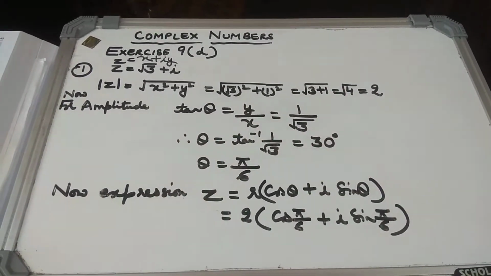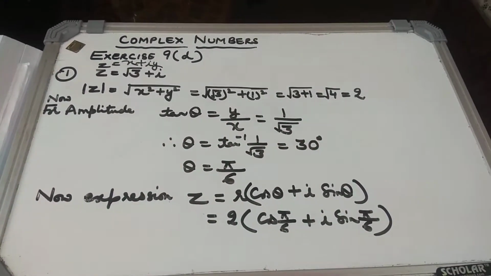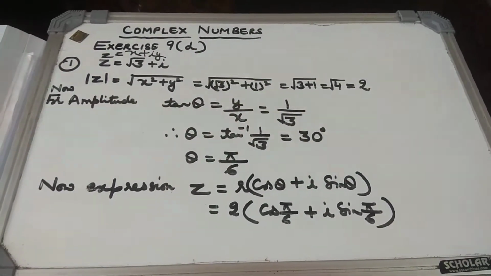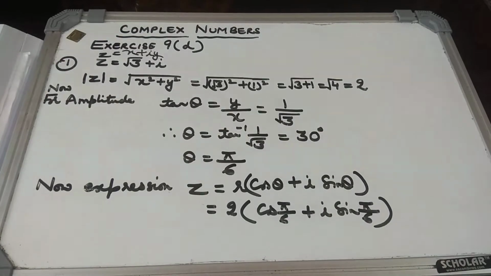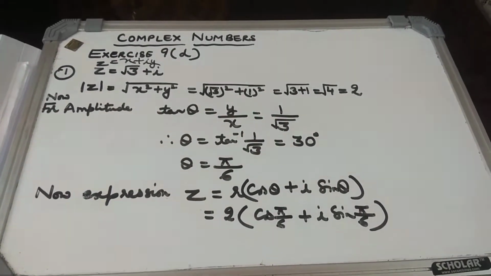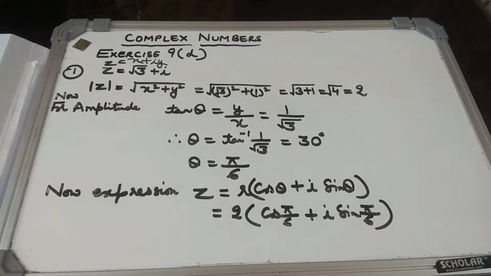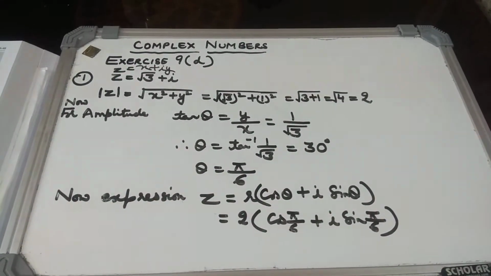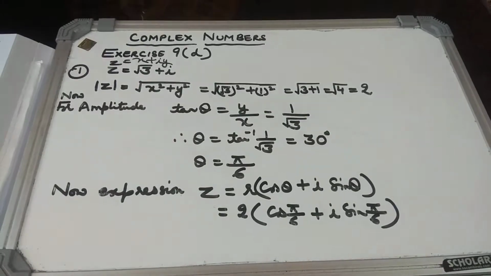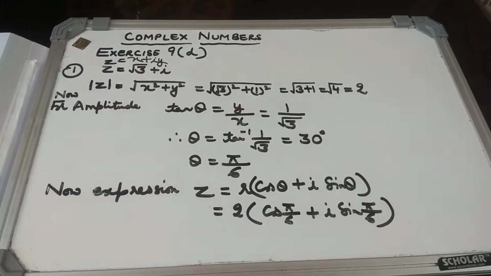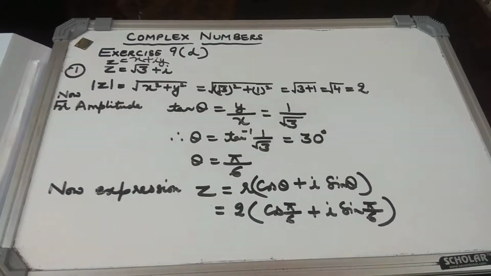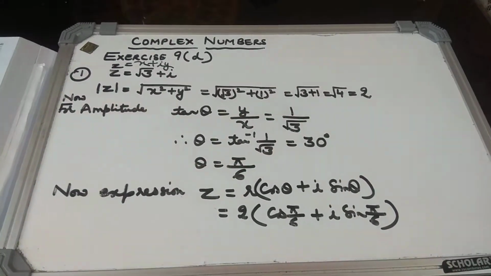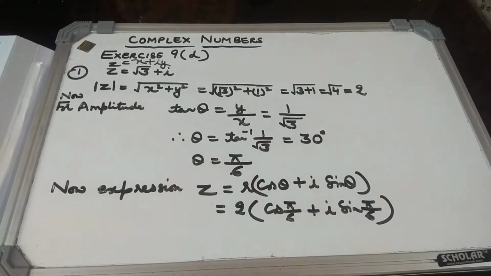Children, now we are going to start with exercise 90, which is basically based on modulus and argument of the complex number. Now, by definition, modulus means mod z is equals to the expression under root x square plus y square if z is equals to x plus iy. And amplitude by definition is tan theta is equals to y by x or theta is equals to tan inverse